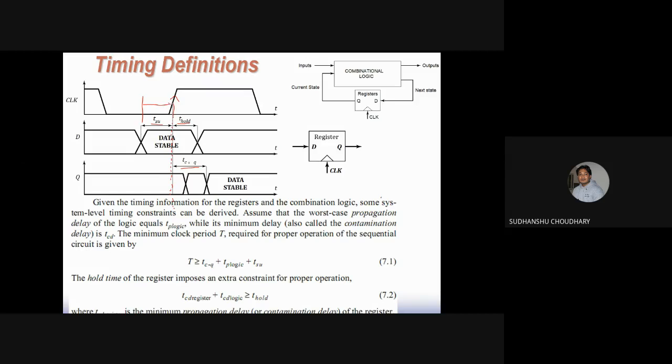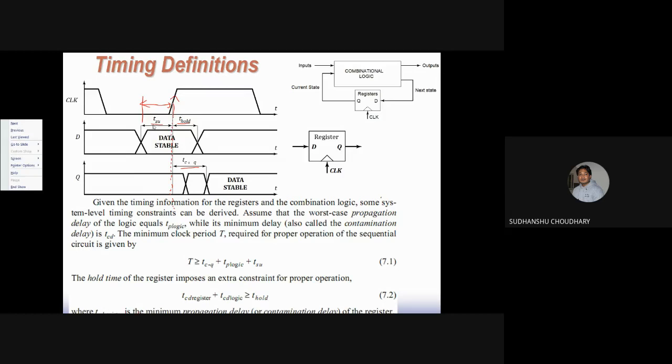So that time is this much, and this is called setup time. That is, the data should be stable before the positive edge of the clock comes in. So this is called setup time. So for correct operation of this circuit, setup time